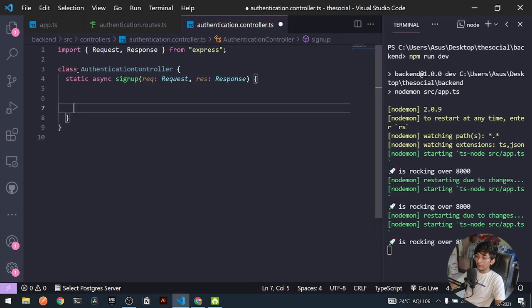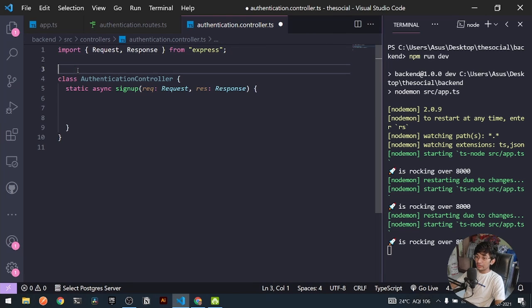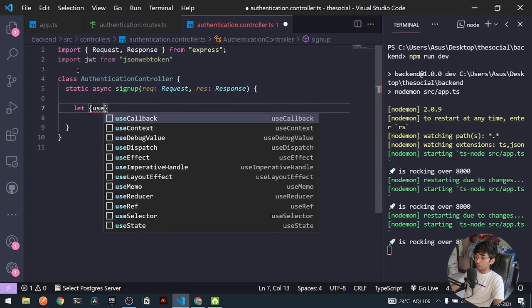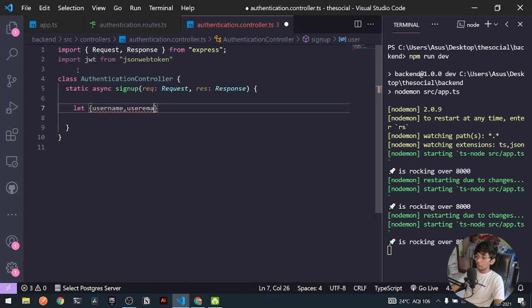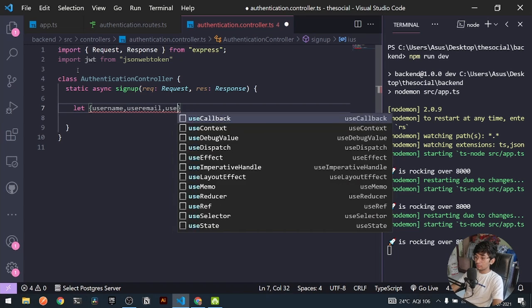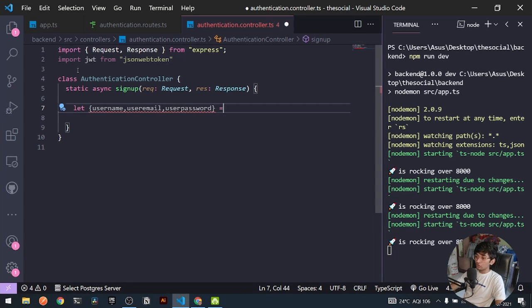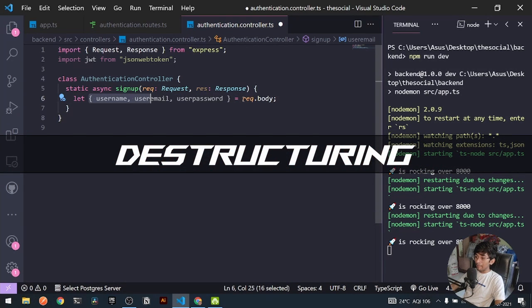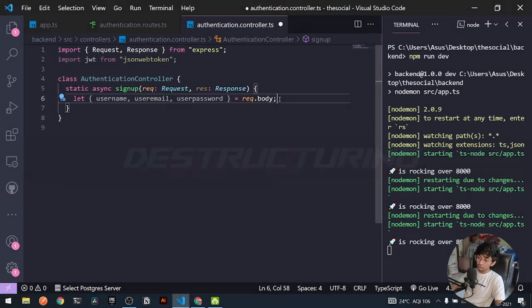Easy. So what I can do, I can go at the top and import JWT. So here I can say import JWT from the module of JSON Web Token. Now what I can do, first of all, I can take the user input. So for user input, I can say let username, user email and user password. We shall be requiring these three fields to be equal to request.body. Right, we are destructuring our entire body because our entire body will be a huge object, and from my object I am destructuring username, user email and also user password.